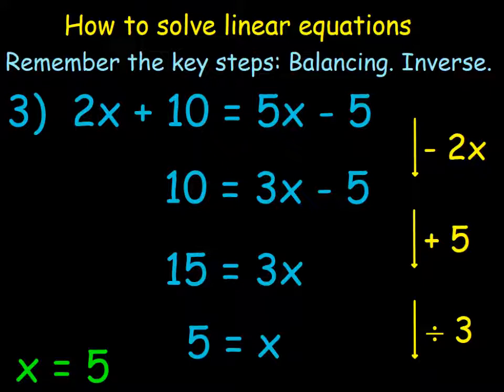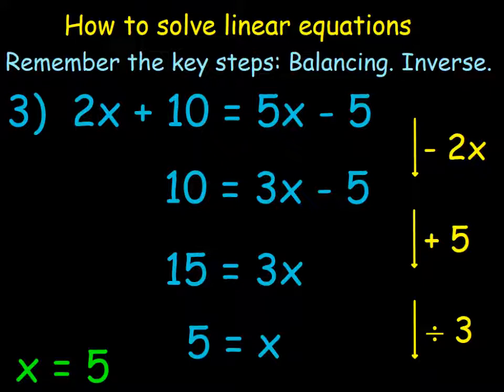So we actually move the 2x from the left hand side. If there is no symbol in front of 2x, that means it's positive. So the inverse of plus 2x is minus 2x. So we take away 2x from both sides. That leaves us with 10 on the left hand side, and that leaves us with 3x minus 5 on the